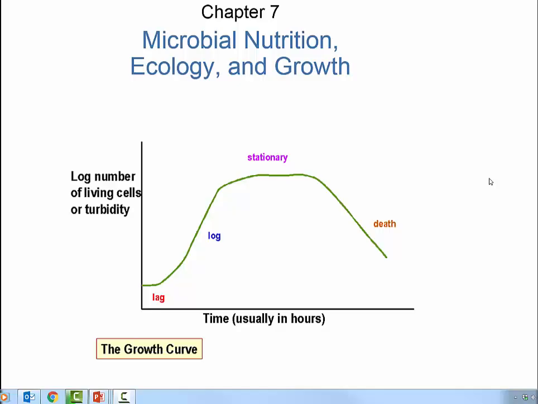This chapter really is getting into the heart of microbial terms, discussing what the distinct nutrients are that are necessary for different types of life forms. Additionally, it discusses the ecology, or the ecological systems and associations between microbes, their host, and microbes and other distinct microbes within the same environment. Likewise, we'll conclude this talk discussing bacterial growth, and distinctly you'll get to know a bit more about the growth curve that's shown here on the front slide.